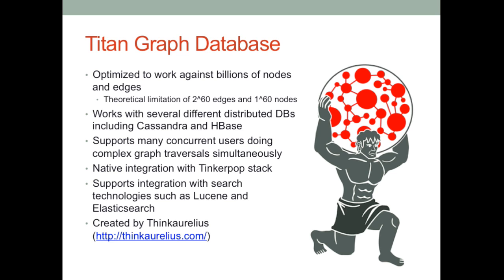And they also support some more advanced indexing. They don't do it in-house inside the solution. Their approach is, if you need range querying or more advanced index lookups, stand up a Lucene, or if you need that index itself to be distributed, stand up Elasticsearch. Then you can configure it so that when you go to query that index, it'll branch out to Elasticsearch to get that. And it's all created by, I think, Aurelius, if I'm pronouncing that correctly. I think Aurelius is a Greek or Roman emperor, but anyway, yeah.